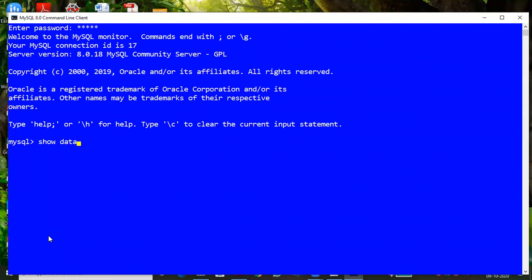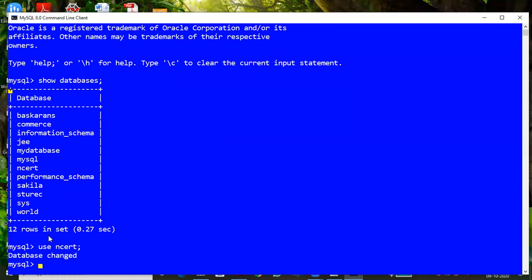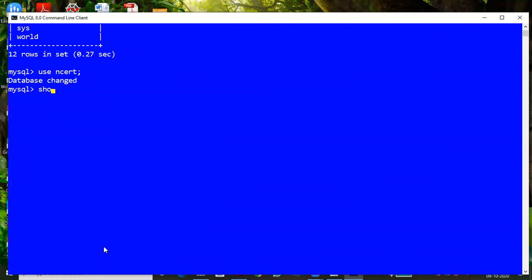Why do we need to create a student, there is no table, sorry, there is no database. I think NCRT only. Use NCRT. Then we will show all the tables.